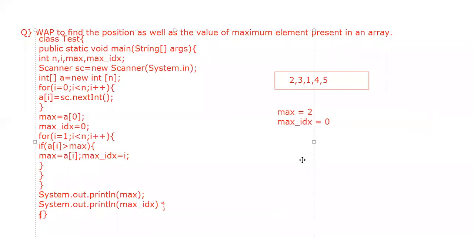Now when the loop starts, so when this loop starts for i equal to 1, i less than n, i plus plus. So in our case, the value of n is how much? The value of n is 5. Oh, I am very sorry. I have missed a statement here. I have to write here n equal to sc.nextInt(). So I have missed that. You just write n equal to sc.nextInt(). So this is how we read the line.